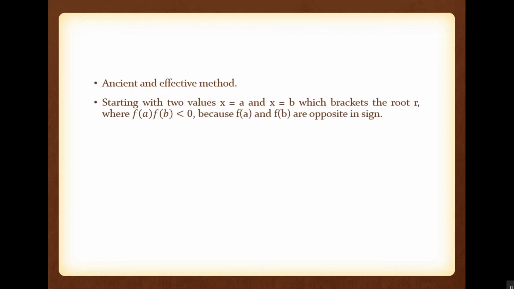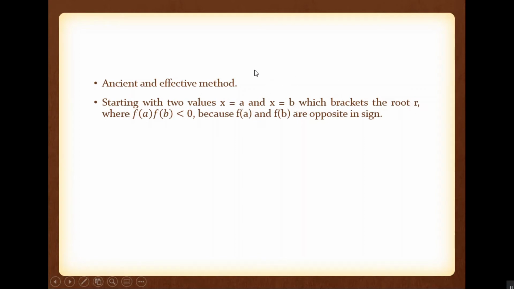Okay. So in order to solve this bisection method, actually we need two initial conditions. Please note, this one is useful for Viva questions. In order to solve a bisection method or interval halving method, we need two initial conditions, that is x equal to a and x equal to b. And one thing is very important, this a and b are the valid initial condition if and only if it is bracketing root r. Root r is the actual root that we are going to find, and a and b must be bracketing root, means r must be lying within this a and b.